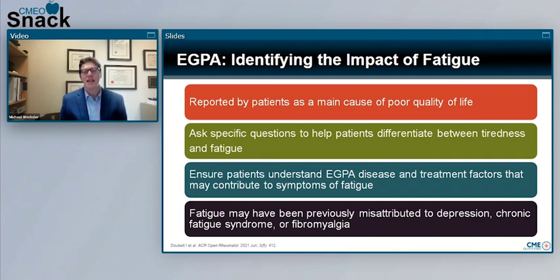But I think if we can identify fatigue earlier on as a key component, as a key constitutional symptom in our patients, then we might be able to have an impact in terms of coming to diagnosis sooner and impacting patients' quality of life. Jen, tell us a little bit about how fatigue played a role in your quality of life and how it became manifest, and maybe some of your experiences in that regard.